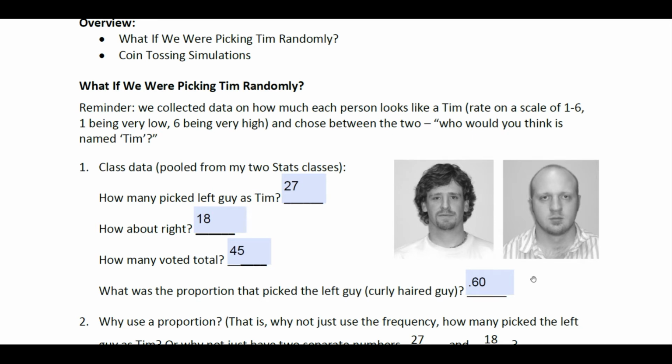If it turns out that if we do this lots and lots of times and we count how many times we got 60% or more extreme, and that number is very, very low, it's really weird, it's very unlikely to happen when we're flipping coins, then that would be good evidence for us that this data is not randomly picking, that there is some evidence for something going on, and that something being the facial prototype hypothesis. So we use that p-value to really help us decide, based on all this simulated data, based on our model of random chance,